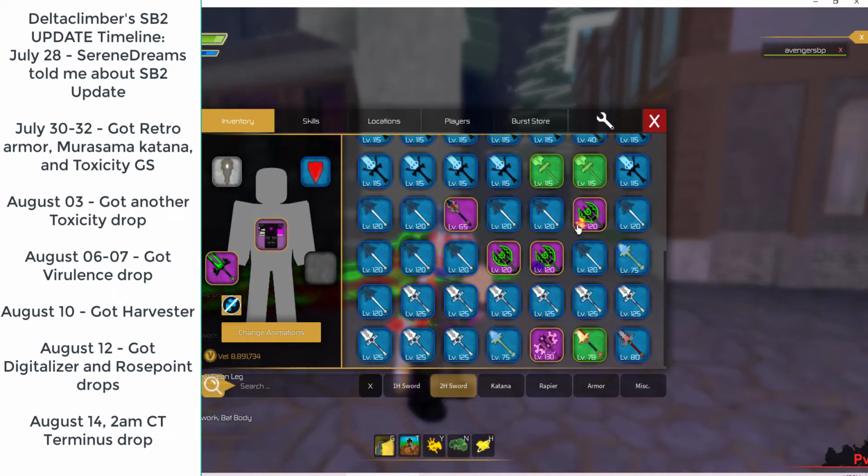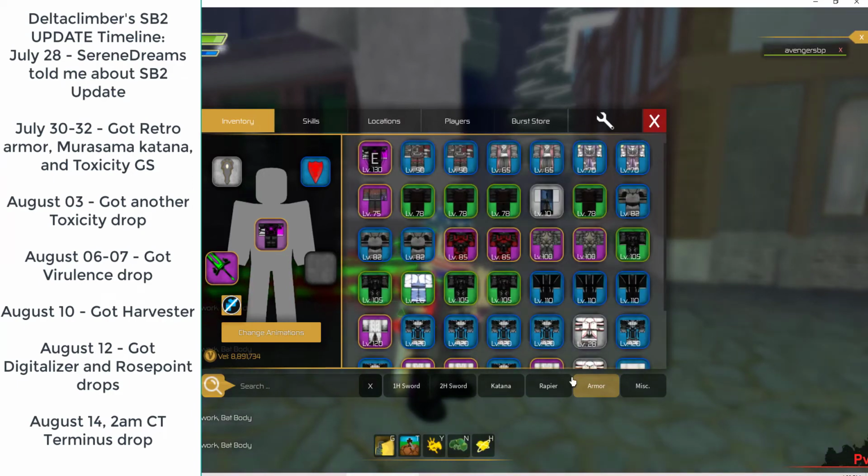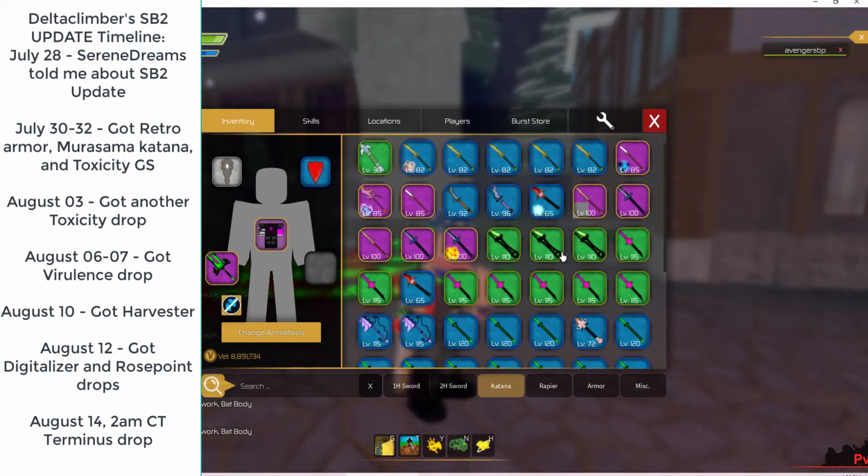Now I want to tell you guys real quick. I was told by Serene Dreams about the upgrade, not last Thursday, but the Thursday before last. It just came out. And I started playing that Friday night. And over the weekend, on Saturday and Sunday, I got 3 drops. I got the armor, which is retro armor from the boss. The next thing I got was the